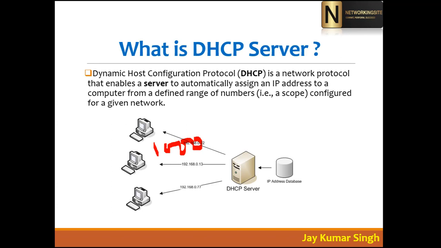But if you have a DHCP server, the first benefit is that all computers will automatically get an IP address. The second benefit is that IP management will be easy. You can know which IP address is assigned to which computer. You can easily come to your server and find, okay, this IP address is on computer one, this IP address is on computer two, like that. So to make IP management easy in your network, we install a DHCP server.